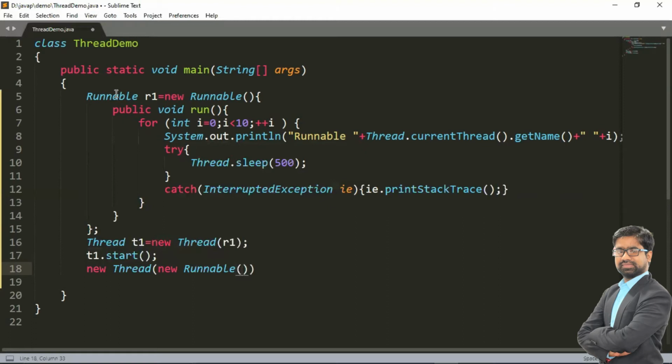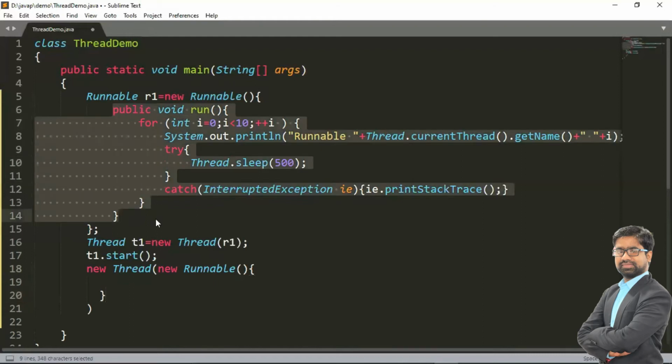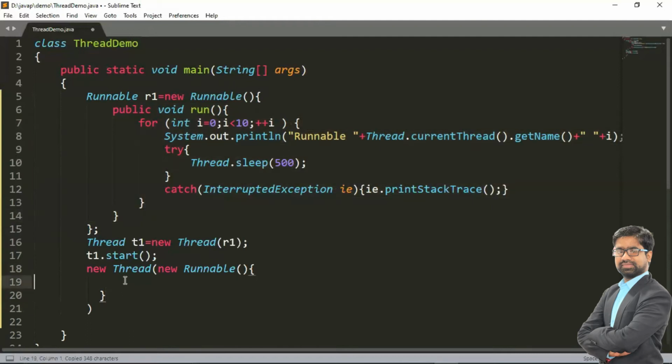Now this is my new Thread, and this is my Runnable interface. In the new Runnable, we have to write the logic here. The same logic we are going to create, so I'm just copy-pasting this code, that is public void run. The same public void run we have in this inner class.